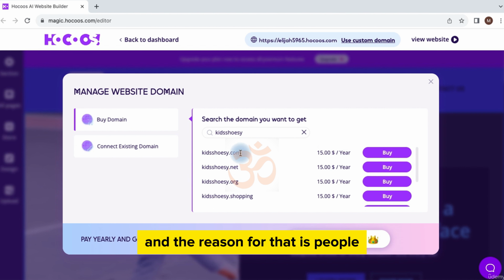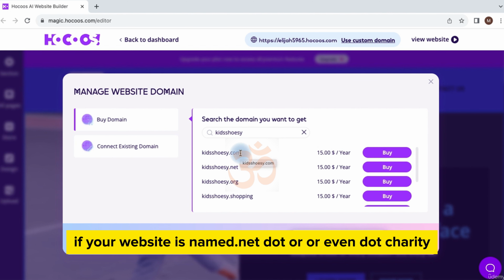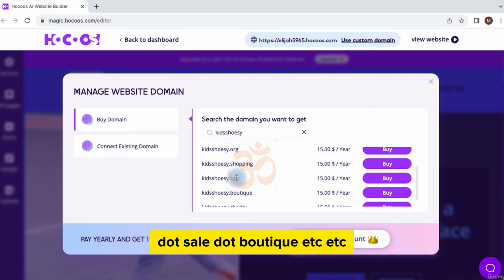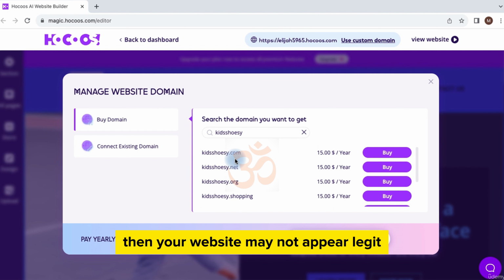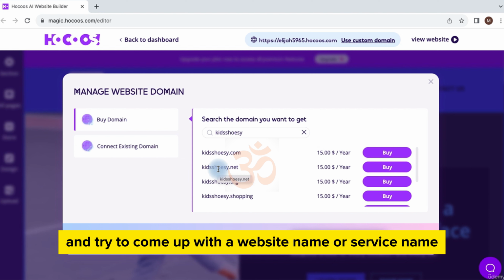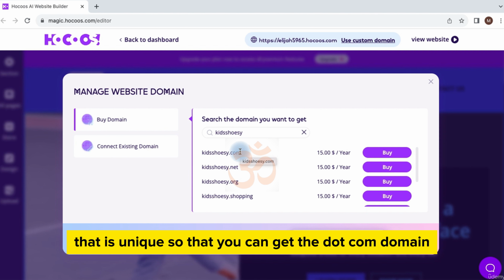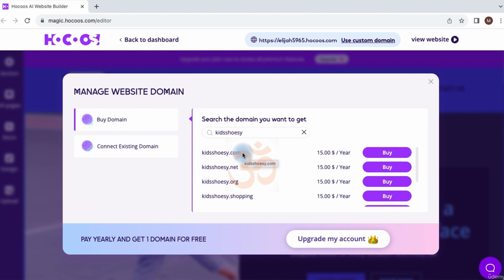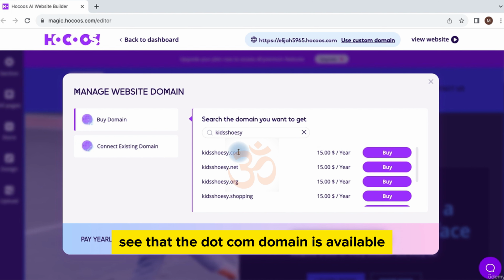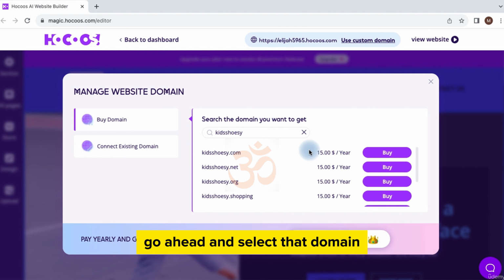And the reason for that is people trust .com. If your website is named .net, or even .charity, .sale, .boutique, etc., all options over here, then your website may not appear legit. So you should do some research and try to come up with a website name or a service name that is unique so that you can get the .com domain. And once you see that the .com domain is available, without any further delay or hesitation, go ahead and select